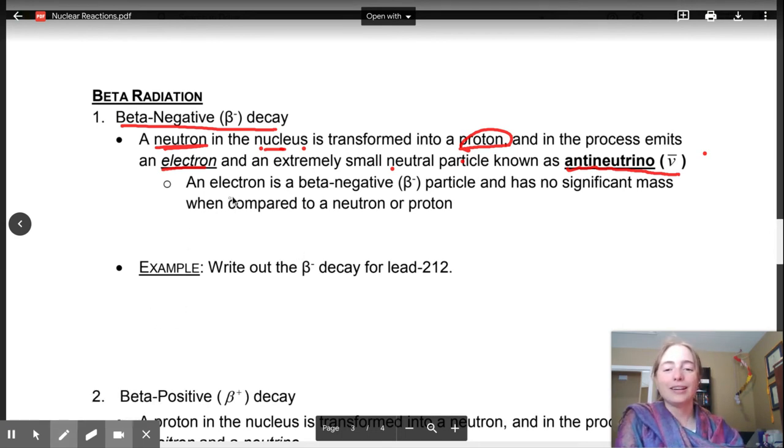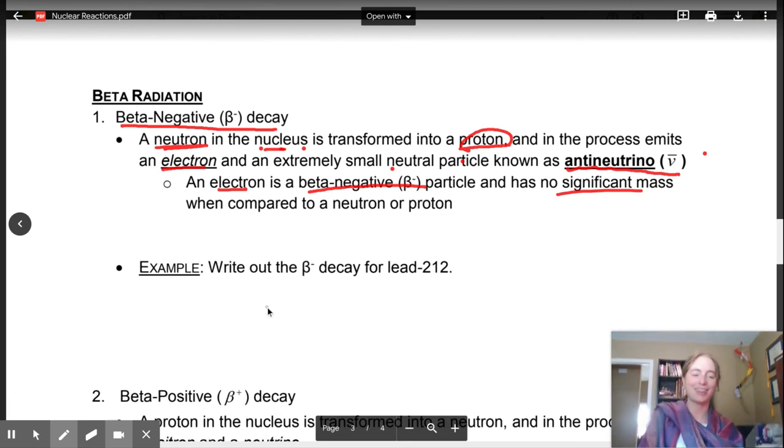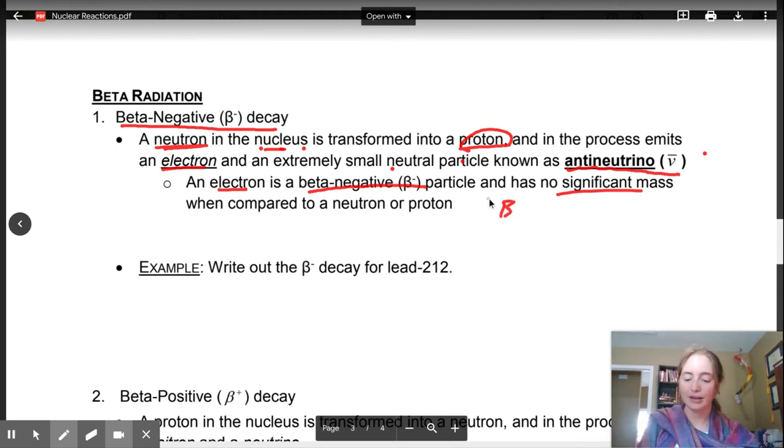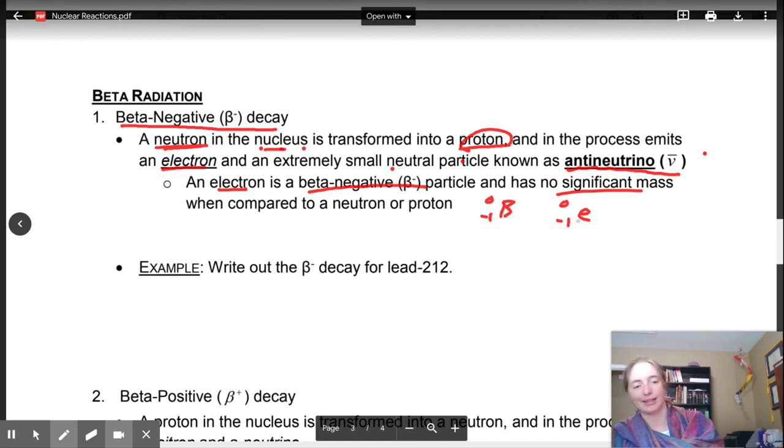All right, so ladies and gentlemen, an electron comes out in what is called beta negative decay. An electron has no significant mass when compared to the proton or the neutron. How we write out an electron is β with 0 and -1 for beta decay, or I often write it like this because it's an electron. Sometimes I write it like that, but this is the better way to write it for radiation. So write out the beta negative decay for lead